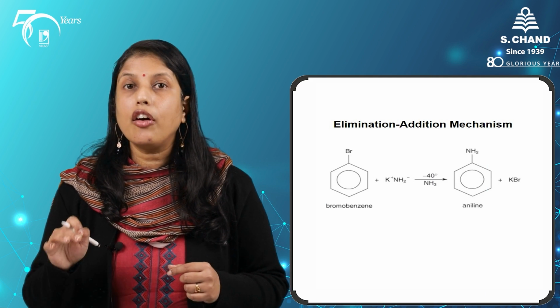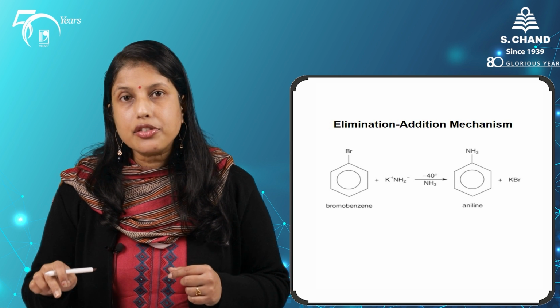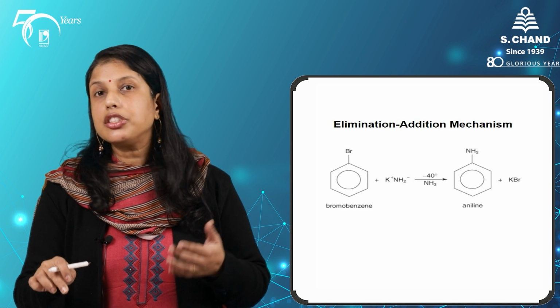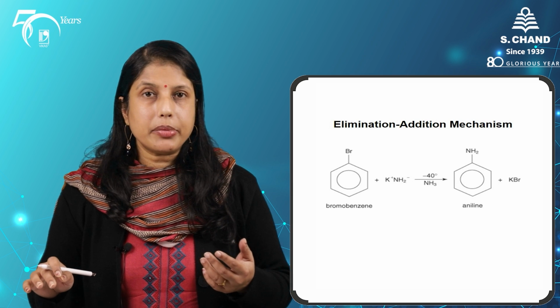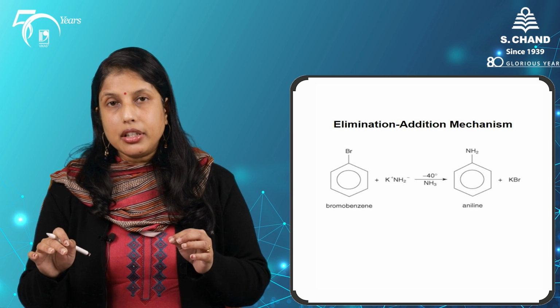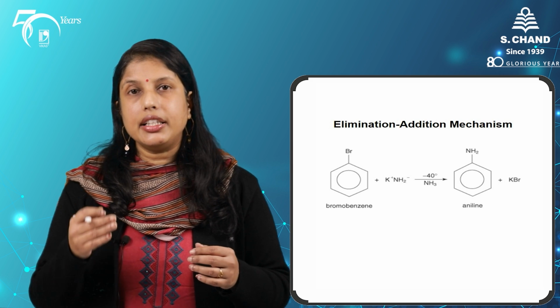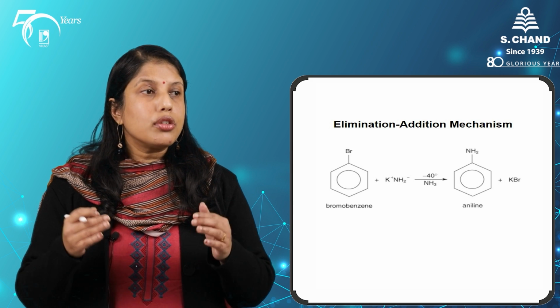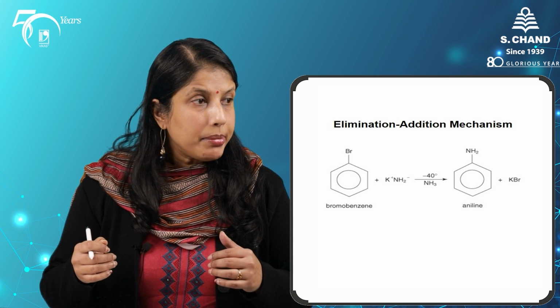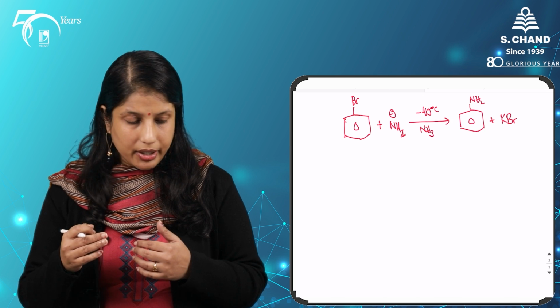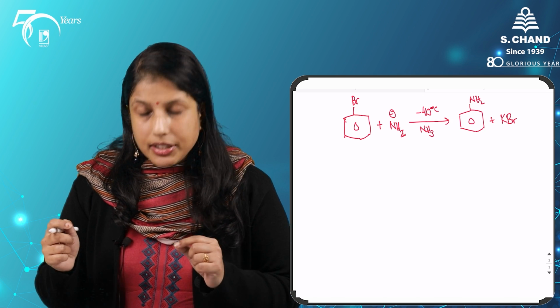Here we have the low temperature reaction of bromobenzene with a very strong base, potassium or sodium amide, at low temperature. Here the reaction, you will notice, proceeds by what is known as an elimination addition mechanism. So, how does that happen? Let's look at the mechanism. The following steps are going to highlight how the elimination addition mechanism operates. In the first step,